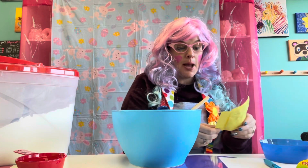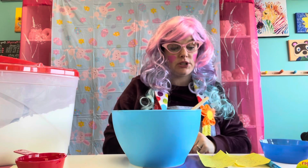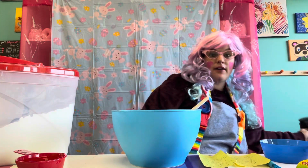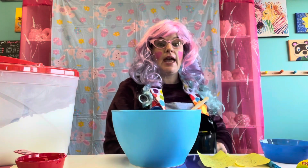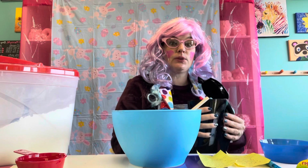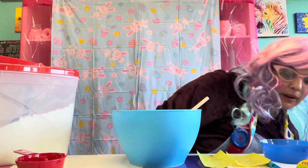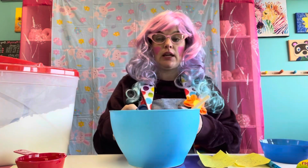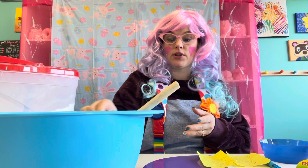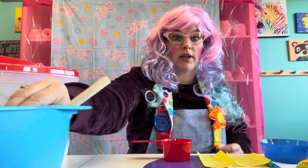So boys and girls, my first step said that I need to add the water that we're going to use and the lemon juice to my kettle. I have my kettle over here plugged in, ready to go, and we have to boil it. So we're going to mix our water and our lemon juice together and boil it in the kettle, okay? So the amount of water that we need is 3/4 of a cup. All right, so I have 3/4 of a cup of water filled up in here in my 3/4 cup measuring scoop,